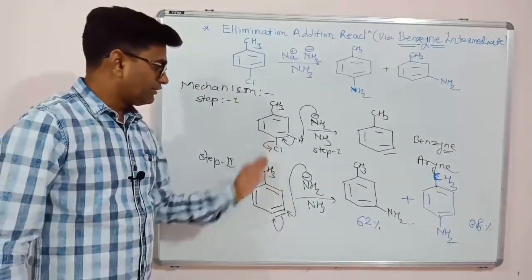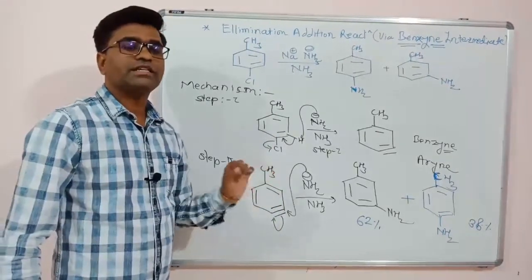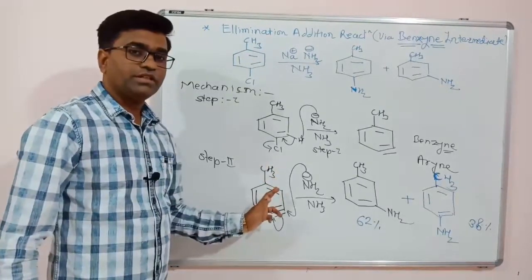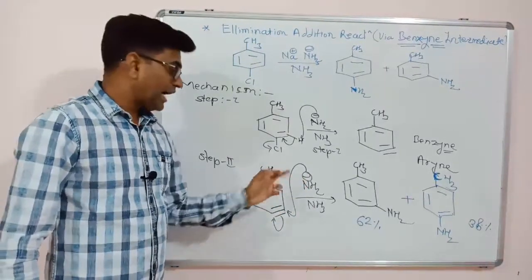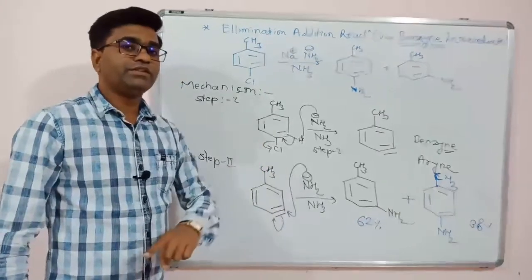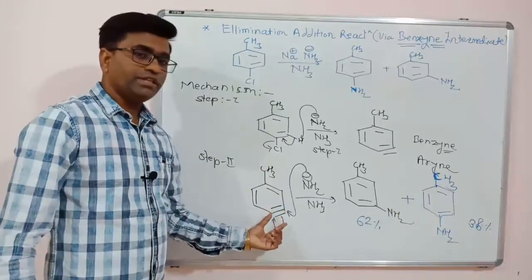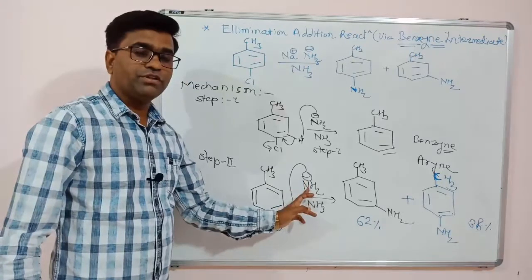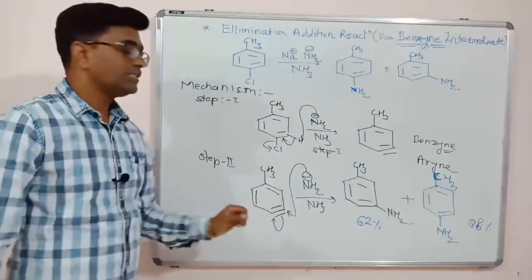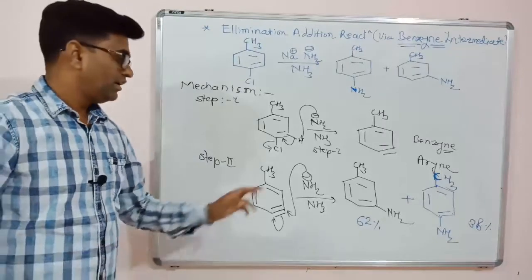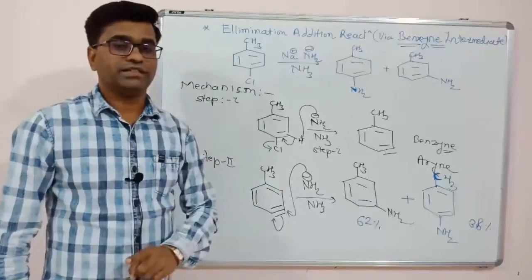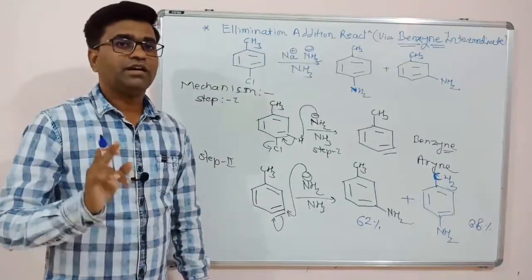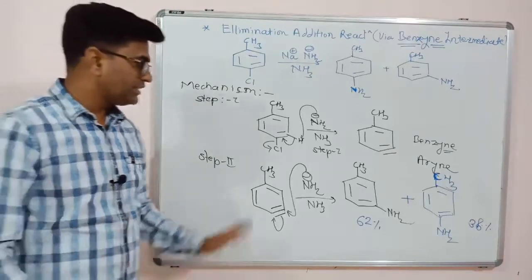This methyl group, now after Cl leaving, this methyl group acts as an activator. So the incoming group, that is a nucleophile, the activator orients the nucleophile which is coming to attack over here, that is the meta position. So this directs attack of the nucleophile at the meta position, because in nucleophilic substitution reactions activators are meta directors, while in case of electrophilic substitution reactions activators are ortho para directors. So this is the difference that makes